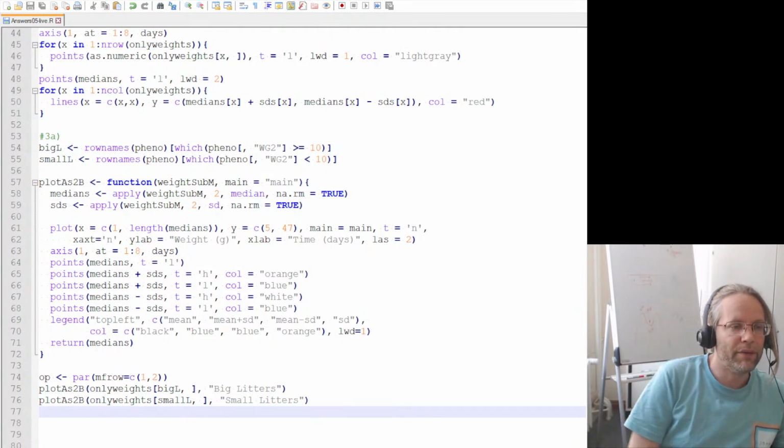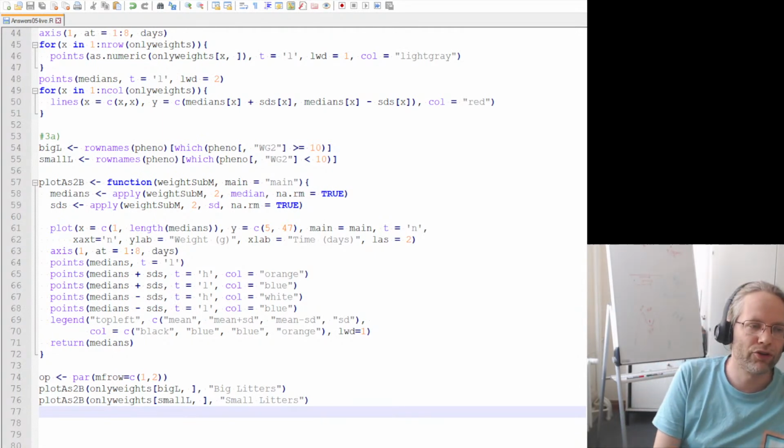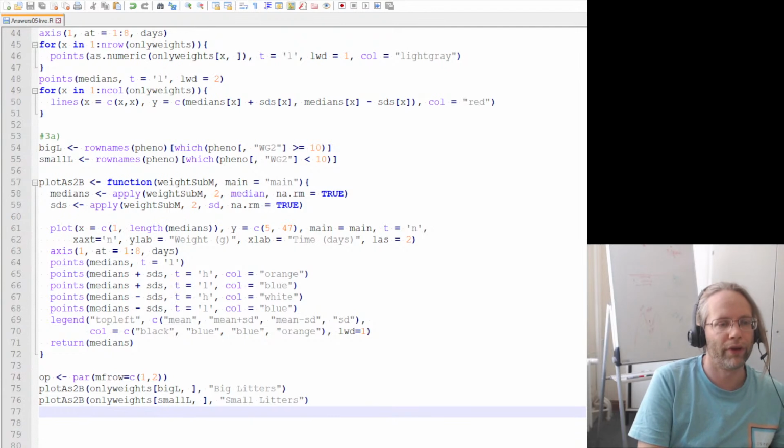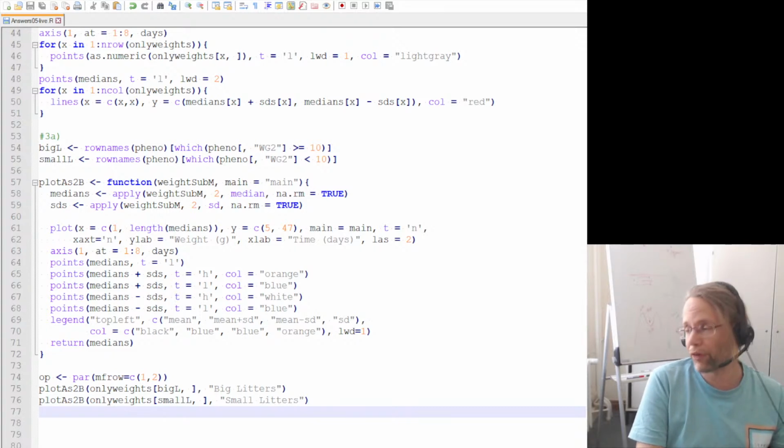Good. 3B. Create a 4 times 2 notched box plot, one for each time point, showing the combined data of individuals in the two groups. Label the groups correctly in the plot. What do we learn about the effect of litter size on body weight? Make sure the axes are readable and the individual box plots have a main title which mentions the day. Alright, so we have 8 different time points, right? So what I want,